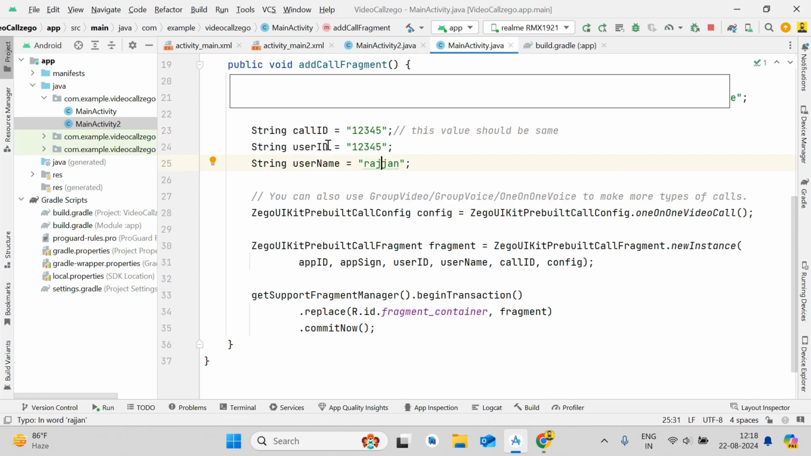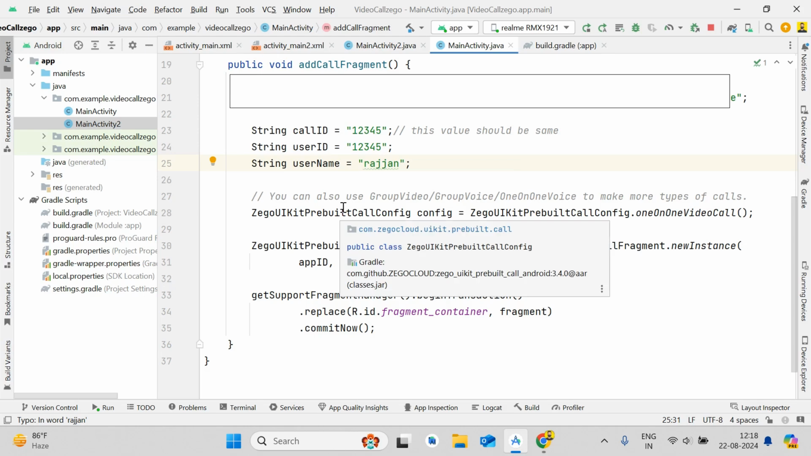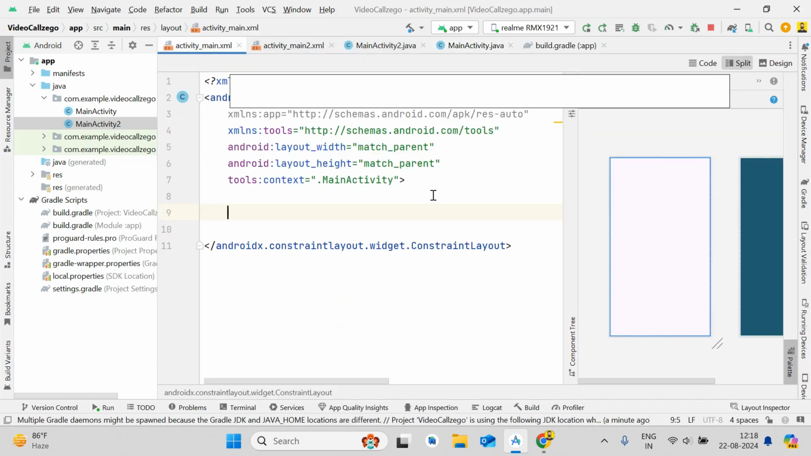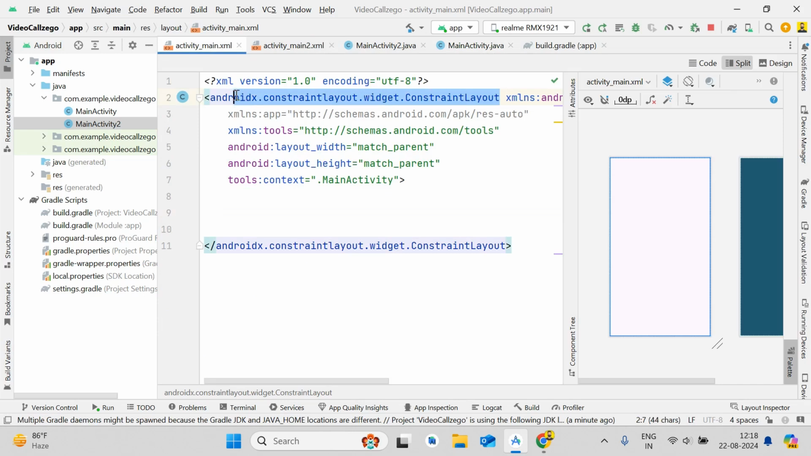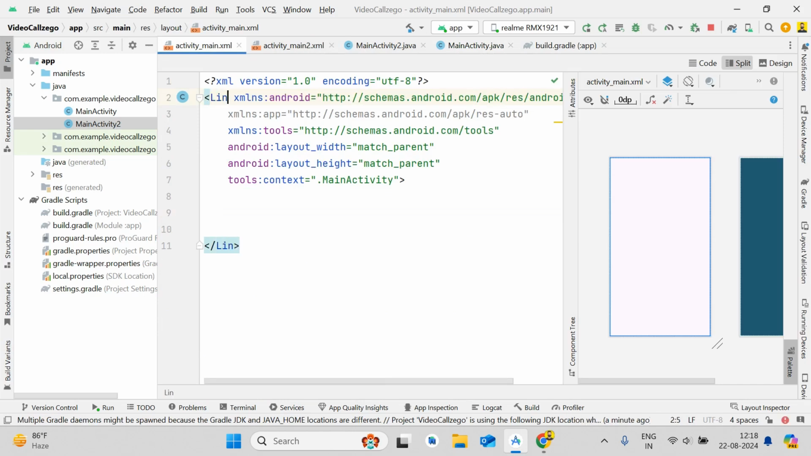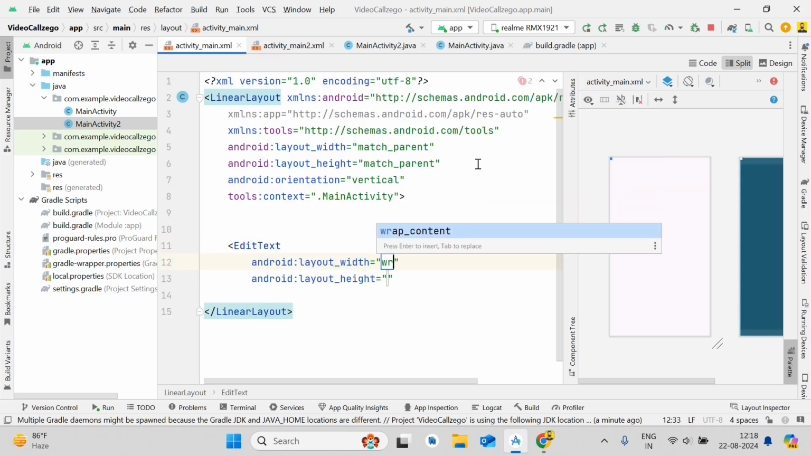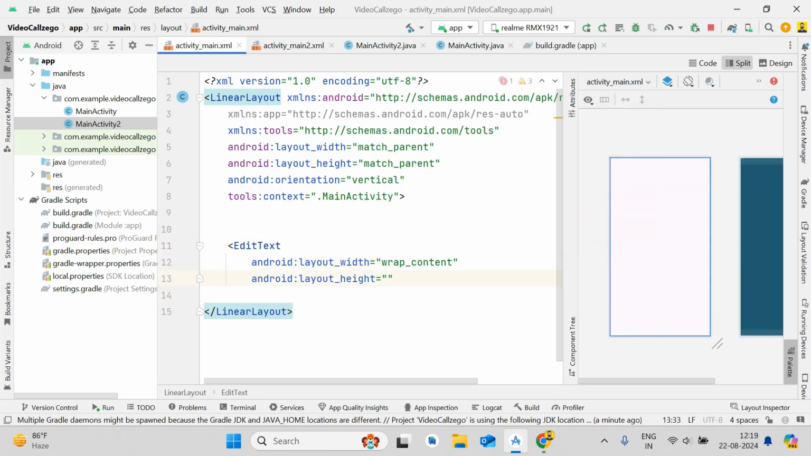Basically, now we will take two details from the user. The first one is username and the other one is call ID, because we will keep username and user ID the same. For now we will keep it the same, so it will be easy for you guys to understand. Then I will make this a linear layout, and I will pass orientation vertical, so it will save our time. Then I will give an edit text, wrap content, wrap content,